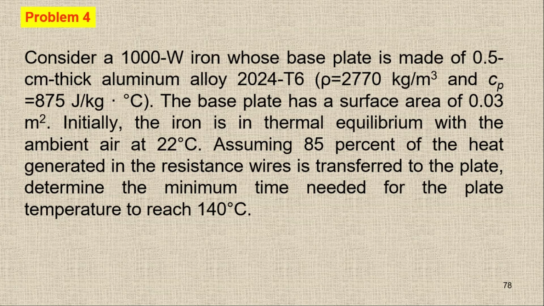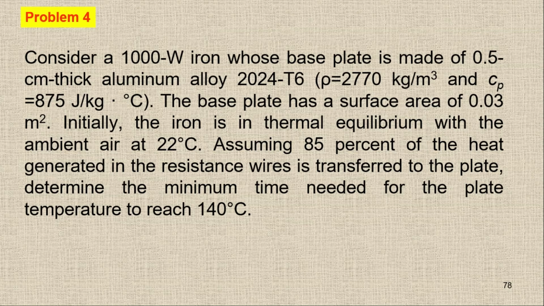Here the Cp is given, and we have the aluminum alloy. If you can recall, I've already told you that for solid or liquid, we're not going to use the word Cp or Cv. Instead, we are going to use the word C, because for an incompressible substance, the specific heat at constant pressure and the specific heat at constant volume are identical, and normally we use C rather than Cp and Cv. So when I solve this one, I'll put C rather than Cp.